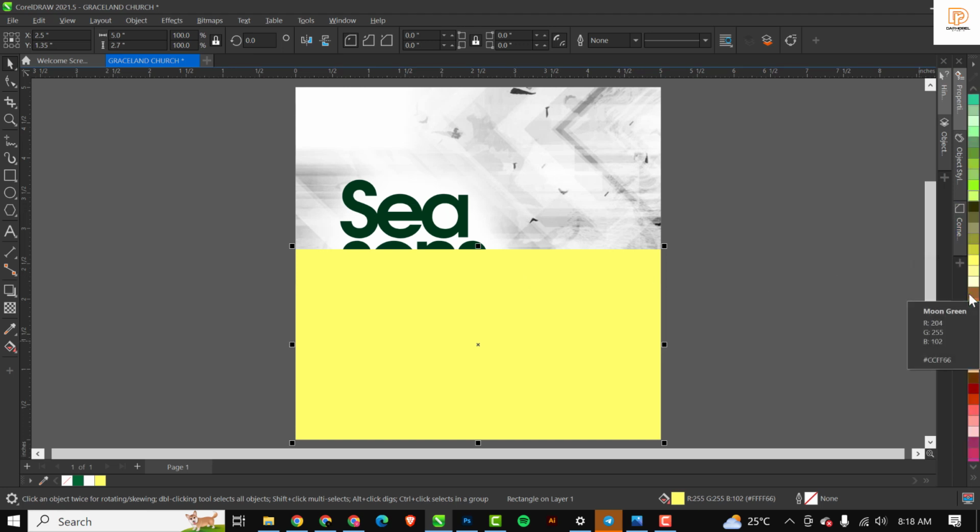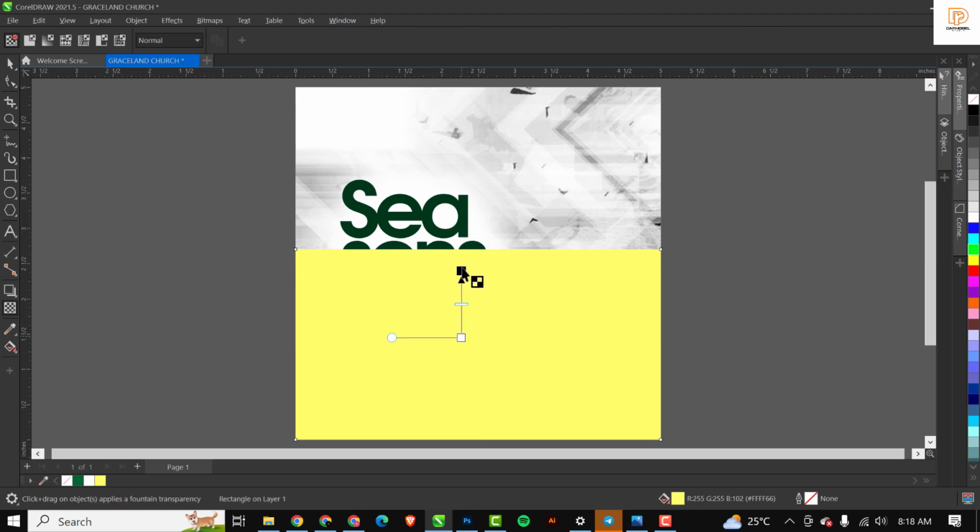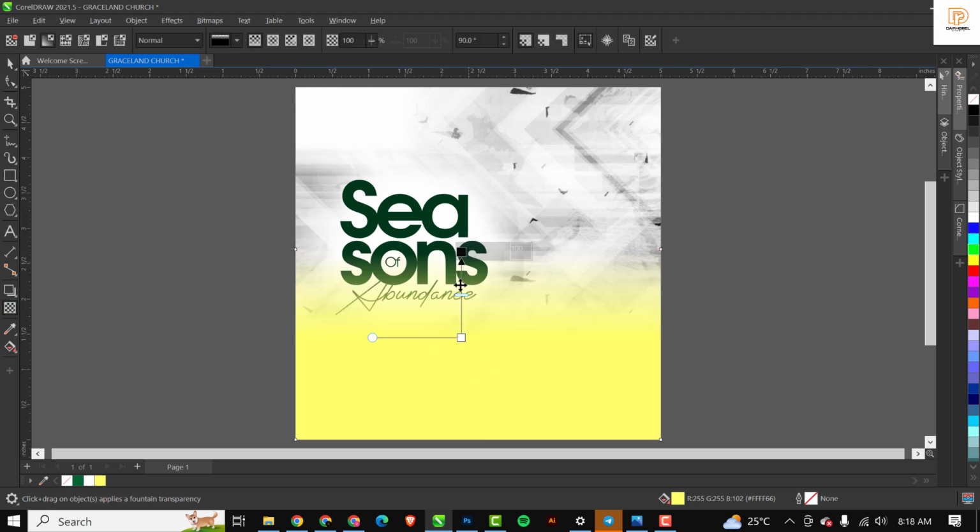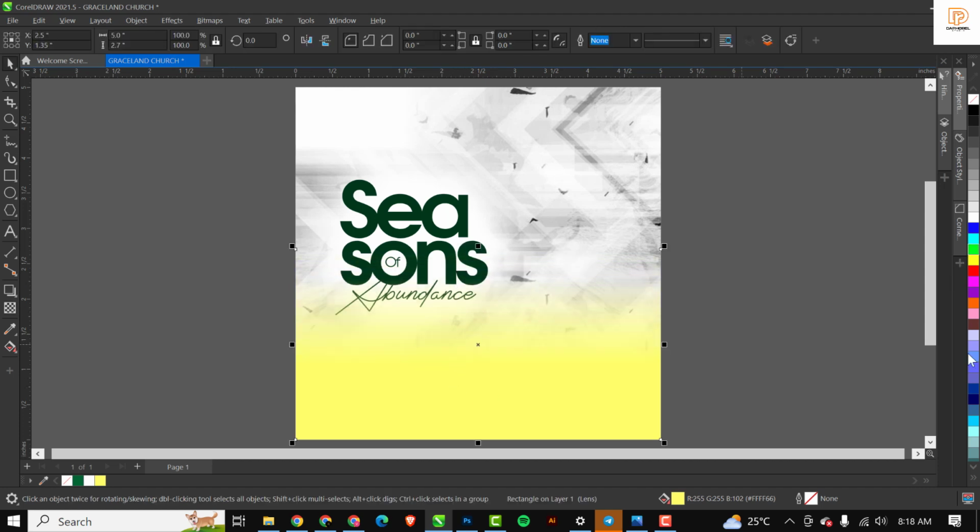Or probably, let me see if I have... okay, so let me just do it this way, right? So I'm just going to click on, with this selected, I'm just going to come to this green, I'll hold down control, and I'm just going to click. So what I'm going to do is blur out these edges here like this. How am I going to do that? I'm just going to come over to my transparency tool, and I'm just going to blur like this, right? As you can see. So I'll just blur this down all the way to this point,